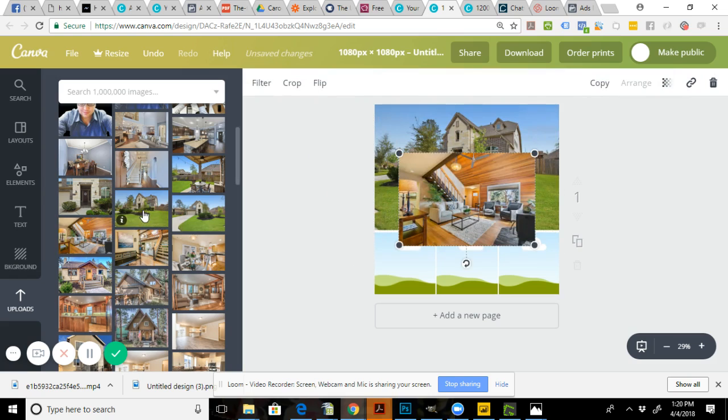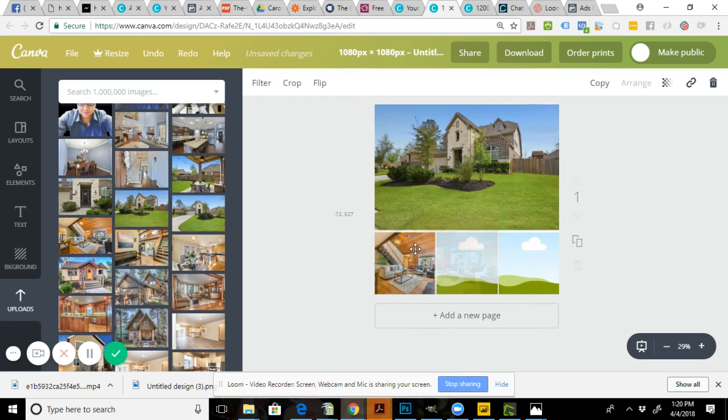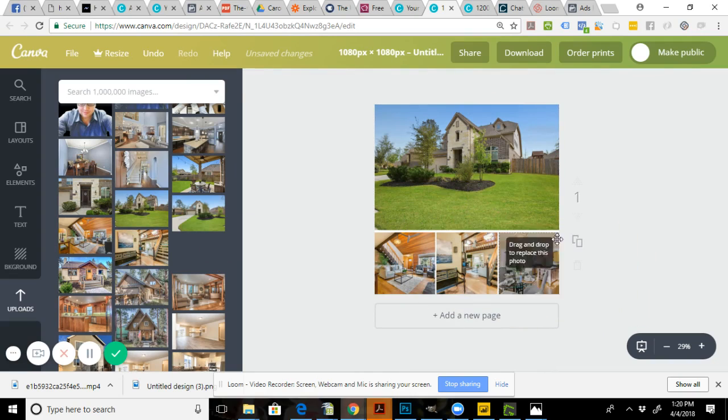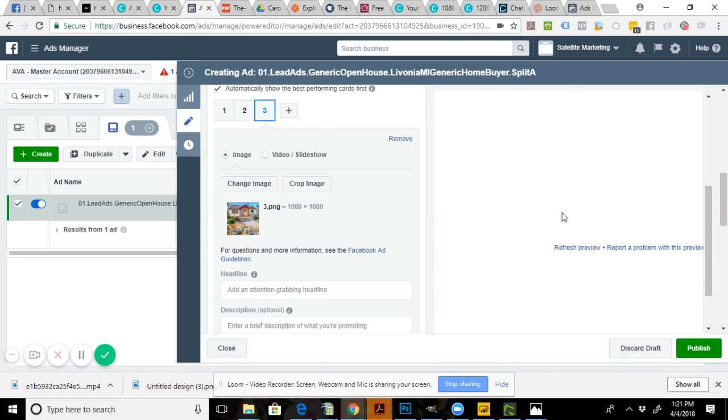So this property right here, whoops, I did not want to do that. I'm going to drag that image into the supporting image area down there. Take this one, put it in there. Take this one and put it in there. Duplicate this. Our recommendation is 3 to 5 times for 3 to 5 different properties. By doing so, what you end up with is an ad that looks something like this here,